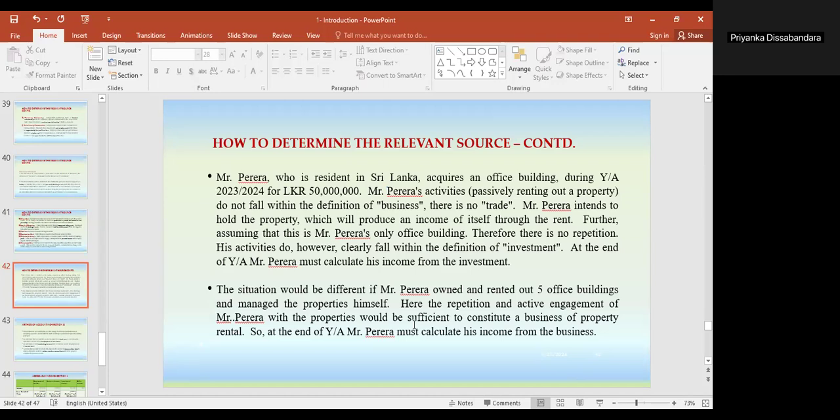The situation would be different if Mr. Pereira owned and rented out 5 office buildings. In the first case there is only one office building. So he rented out that one building and he holds that asset. But in the next case, he has 5 office buildings and manages the properties by himself. Here, the repetition and active engagement of Mr. Pereira with the properties would be sufficient to constitute a business of property rental. So, at the end of the year of assessment, Mr. Pereira should calculate